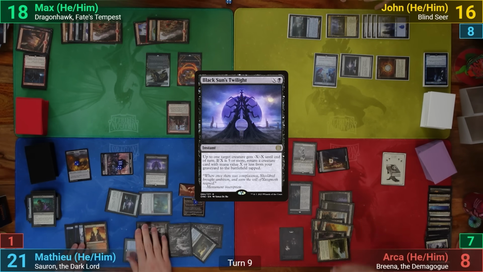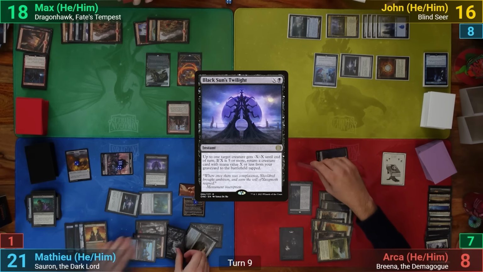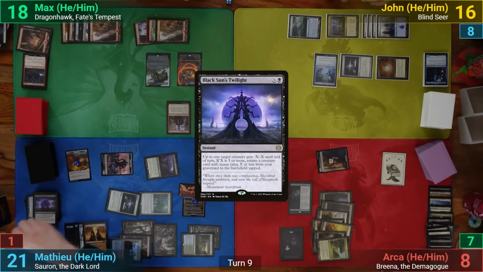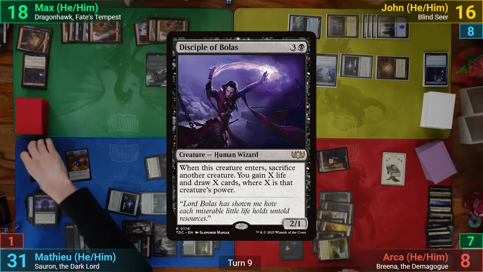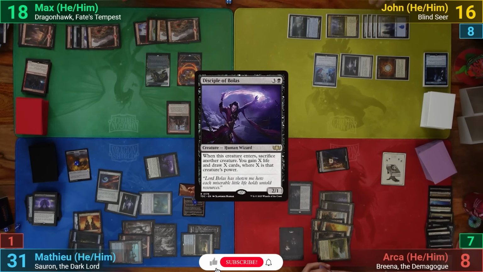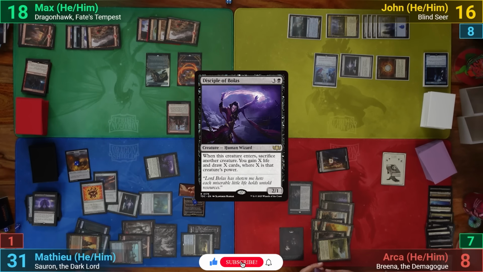Sentinel, and reanimating his Disciple of Bolas. With the Disciple coming in, we experience some deja vu, as Mathieu once more sacrifices his army, but this time only draws 10 and gains 10. Mathieu then continues with an Arcane Signet, and then a Rakdos Signet, and then moves to discard, pitching down to